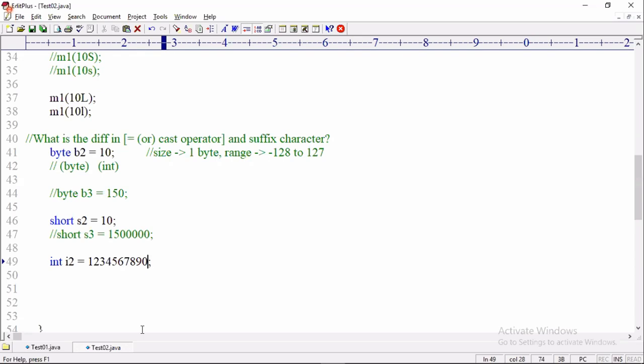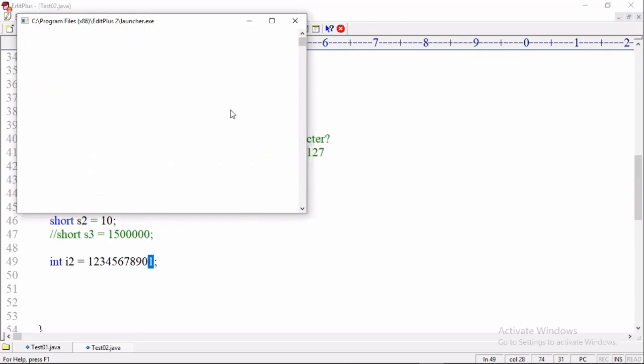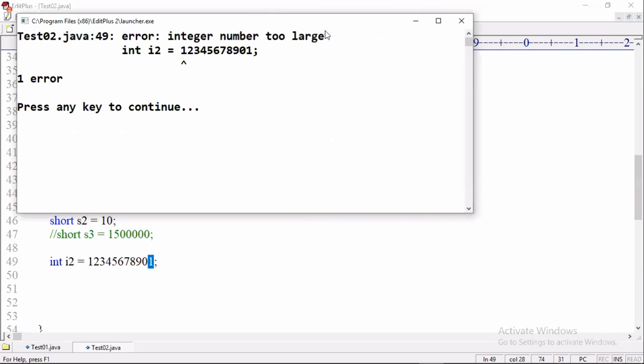Think carefully. I am adding one more digit here. Then let me compile. Look there, I got a compile time error. What error is coming? Integer number too large. What does it mean?